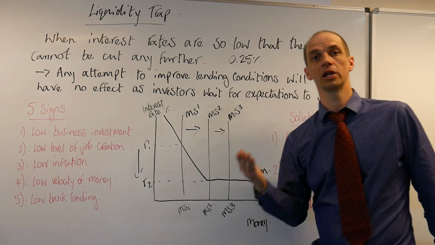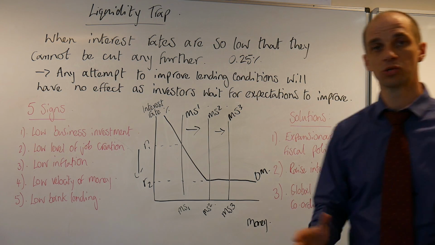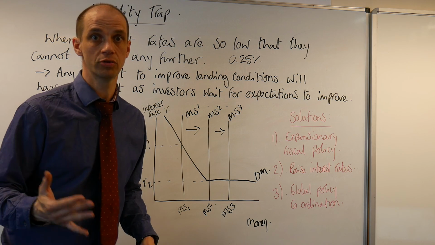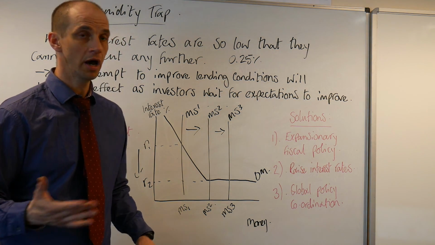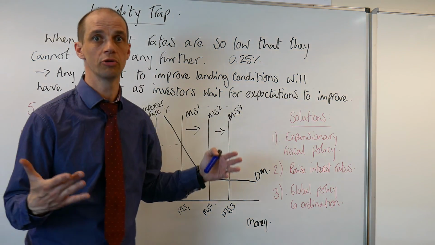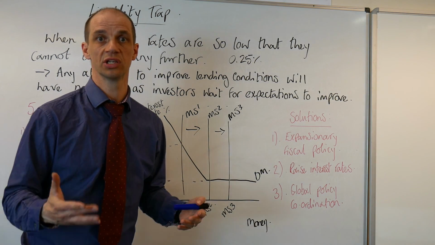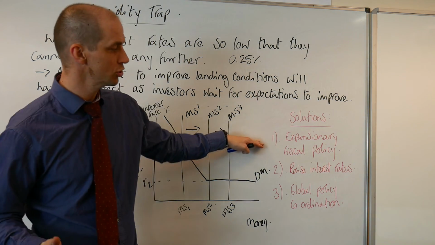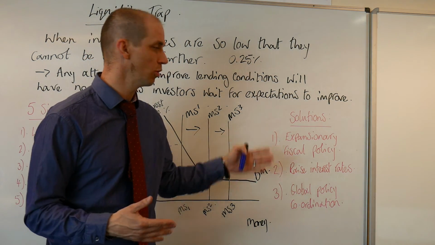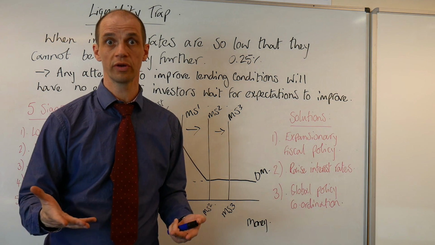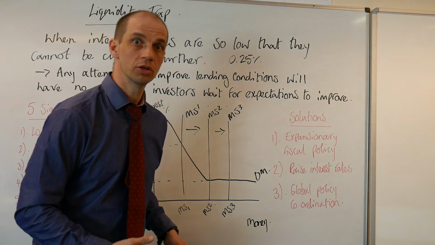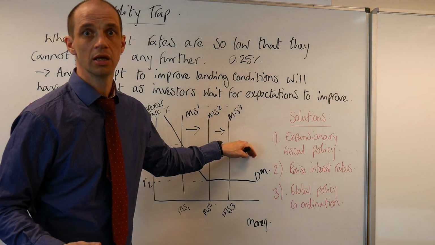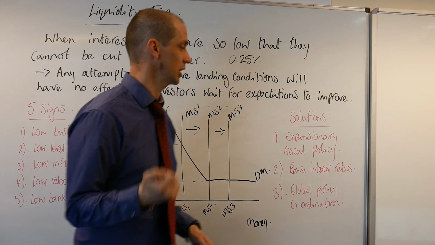There's also likely to be low bank lending. So what can be done in such a scenario? Because we're really talking about a depression rather than simply a recession here. Expectations about the economy are so poor, the monetary policy is failing to really stimulate the economy. So the potential solution most commonly cited is expansionary fiscal policy, so increasing aggregate demand by increasing fiscal expenditure, government expenditure.